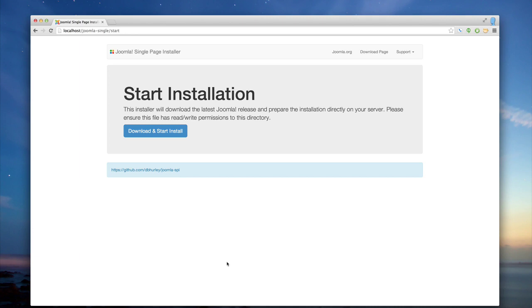With the single page installer, I simply will add this one file to my server, click download and start install, and it will download the latest version of Joomla direct from the Joomla website, and then set me up to begin the installation. If you're curious about this particular version and this particular installer that I have here,